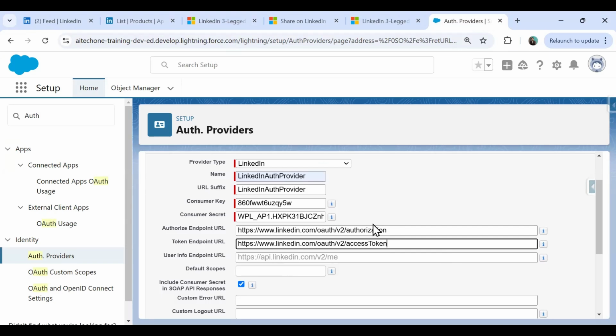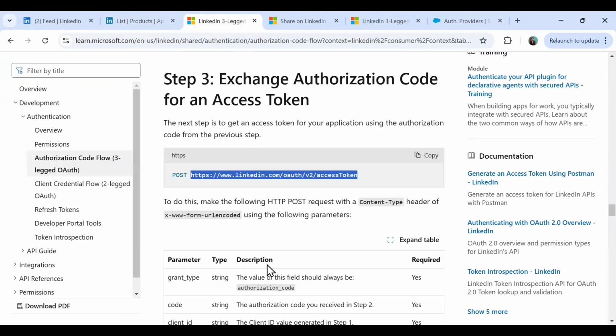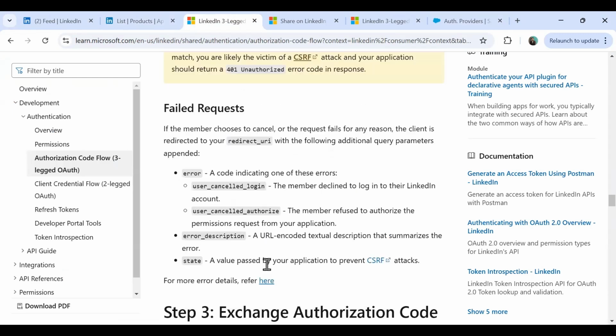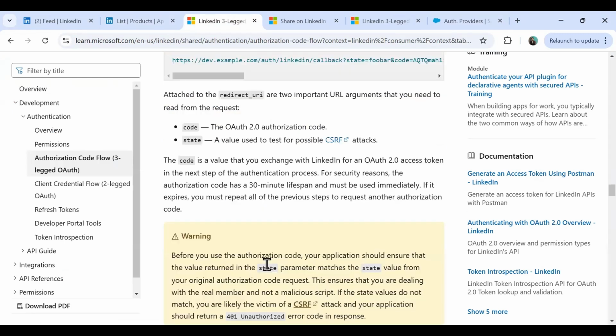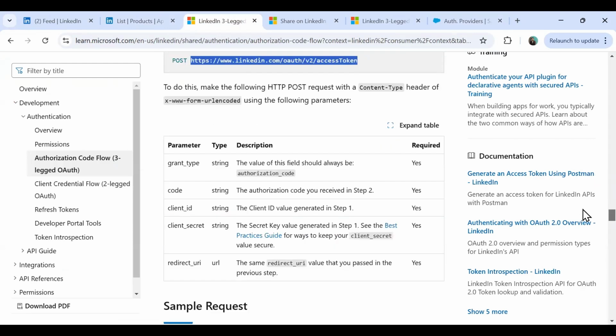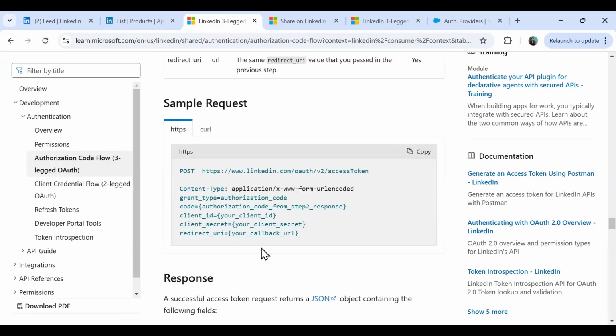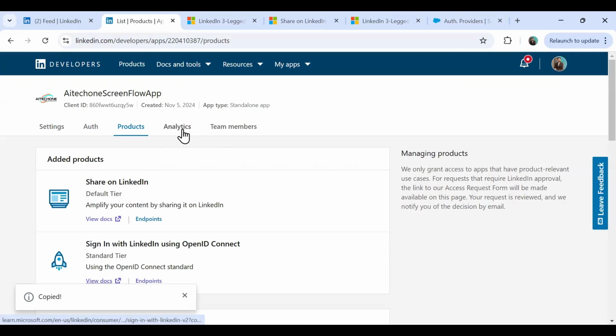Now the important thing is we need to specify the scopes. So as you can see, we have the scope. What all scope we need to define is the default scope. And for this, I'll get back to the scope and what scope we are going to give. So for the scope, from where you can get the scope, let me show you the scope. So for the scope, we click on